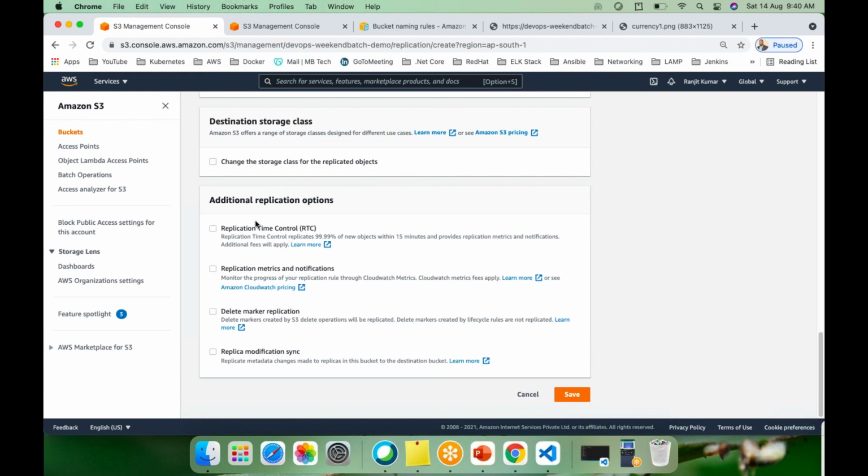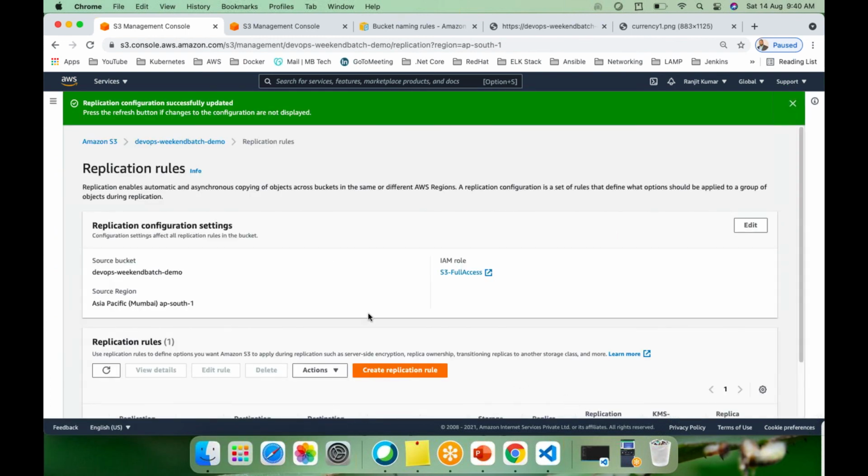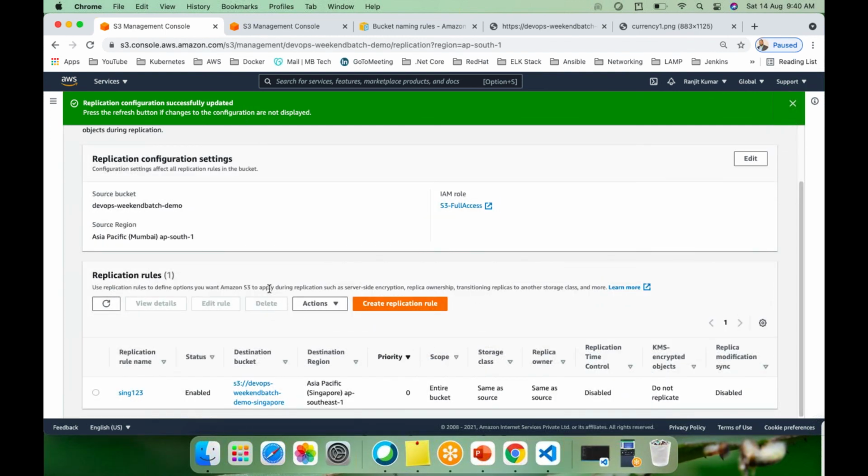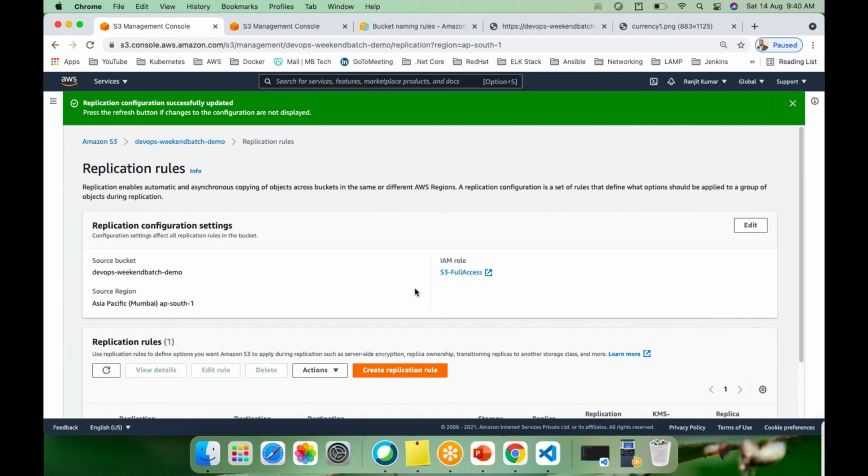Now we can set up the IAM role here. If you have any IAM role you want to set up, you can set it here. Suppose I give S3 full access, but it's not required. Then the encryption method: if you have any server-side encryption and want to put any encryption method, you can put it here. And the destination storage class, it also lets you select that. The standard one I have used, but if you want to change it, you can.